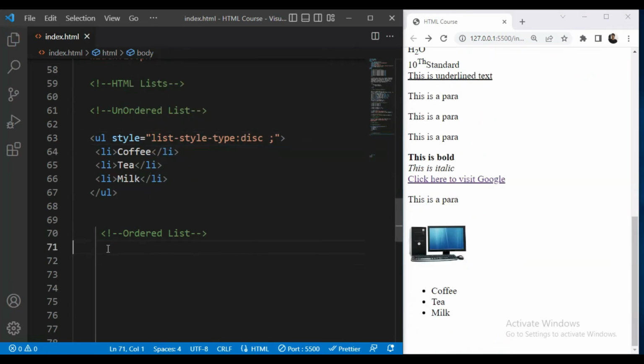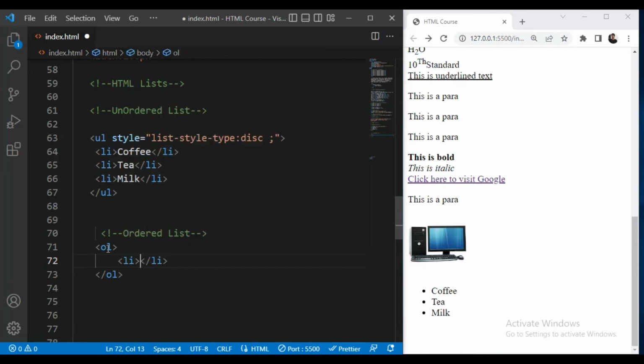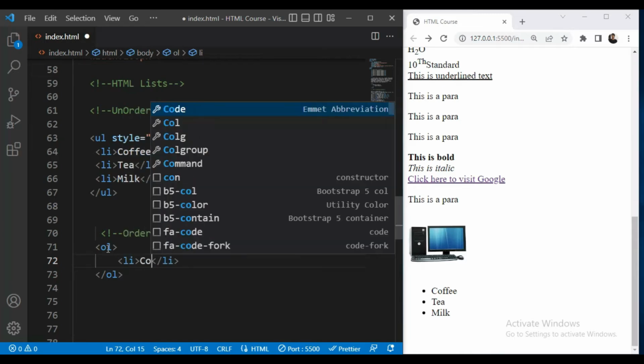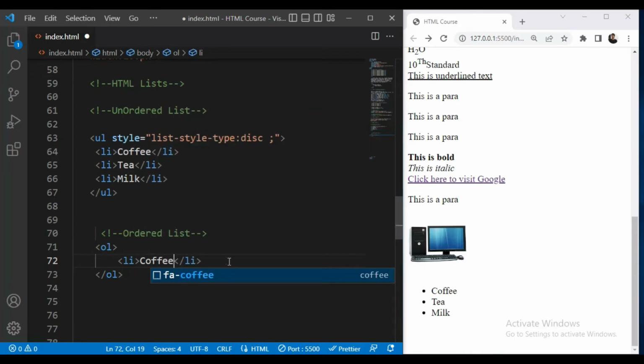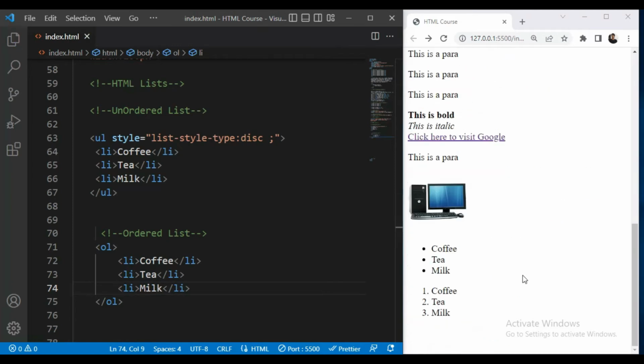Then for the ordered list we'll use the OL tag, and inside that again we'll use the LI tag, and we'll use coffee, and I'll copy this too and paste it here. So now you can see we have 1, 2, 3.